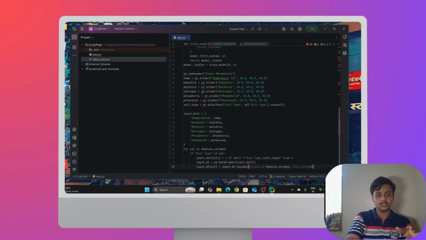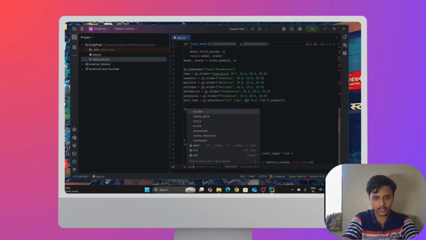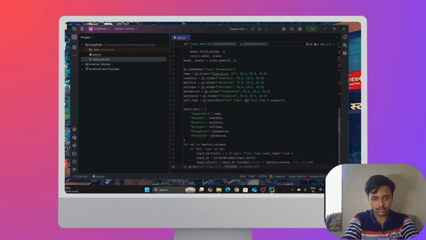Okay. And the prediction button. So for that, if st.button is pressed on predict crop, this creates the button. When clicked, the prediction happens.